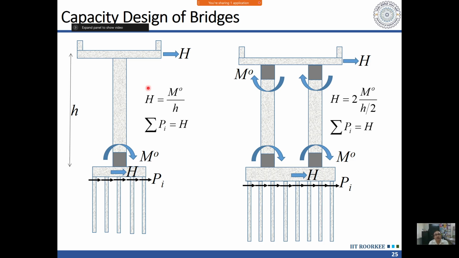This is the capacity shear which can be generated in any earthquake. If the earthquake is stronger than this, the shear which can be generated still cannot exceed this value of H, because we have not designed our column to take more force than that. The maximum moment our pier can take gives the value of H, and it is not coming from the earthquake, it is coming from the capacity of the pier which we have provided.